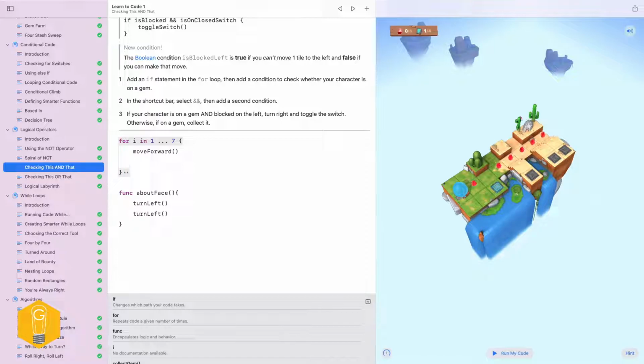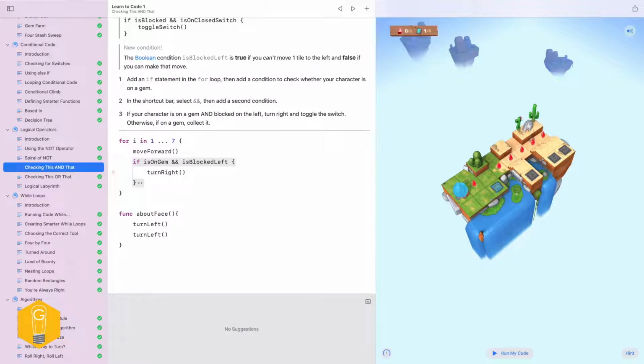So let's start out with our if statement. So we want to know if is on gem. And if we just went with is on gem, then this one right here would fail, that second gem in the row, because we actually cannot turn down that way and grab a switch. Pardon me, a little more coffee. So we need to do that, and is blocked left. And so they gave us that to say if you're blocked on your left side. And those are the two clues that tell us we need to then